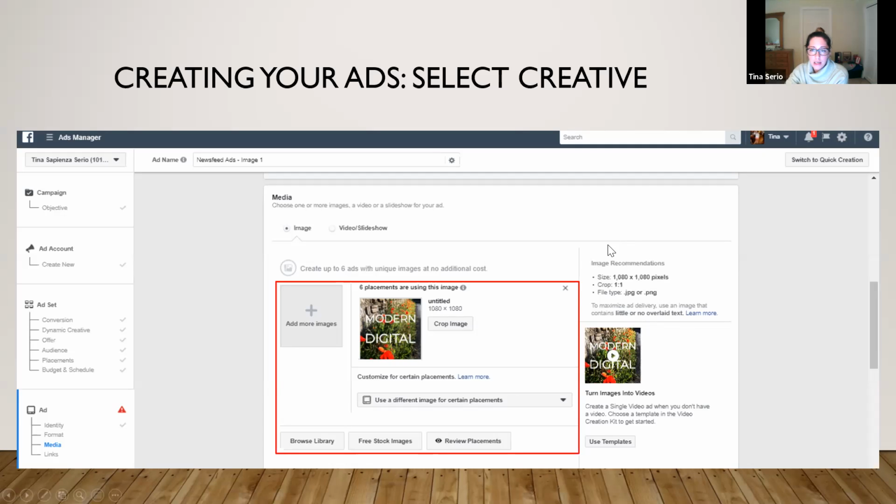And then all of the recommended ad specs are on the right-hand side, so the specifications for Facebook. So if you need to send this to a designer or you're creating your image from scratch, you'll know what the size should be. And then there's a link over here to the tool. If you look over on the right-hand side, you want to have little or no text overlaid. There's a tool here. If you click on Learn More, you can see the tool that'll help you tell if you have too much text.